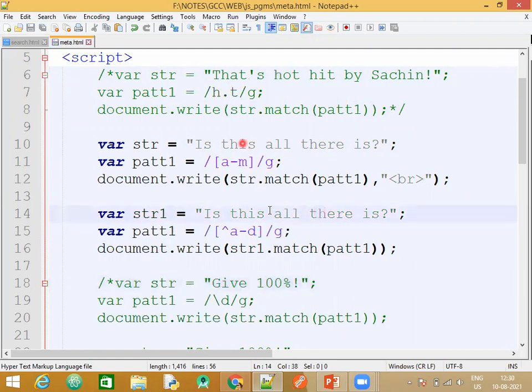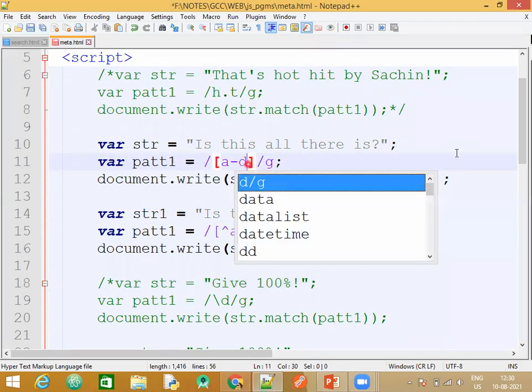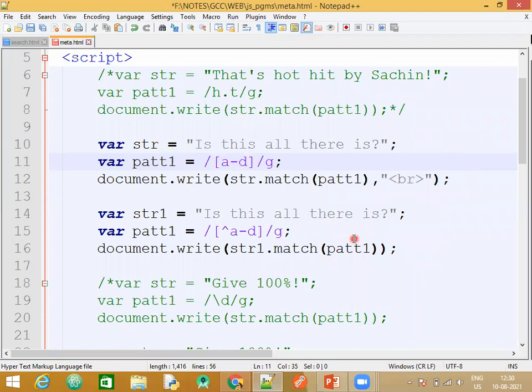Go through this example. The first one we have already done. Let me change this back to D so that we can see the difference now. Same string is there. First one we will try to extract those characters which are present from A to D. Here we will do the opposite. We want those characters to be displayed which are not in the range A to D.